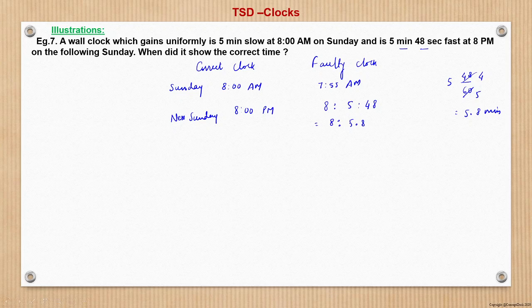So what is the net gain? This time is nothing but 24 into 7 plus 12 hours, right? From 8 a.m. Sunday to next Sunday 8 a.m., it's 24 hours into 7 days, plus an additional 12 hours because it is PM here. So this is nothing but 180 hours. So we can say that in 180 hours